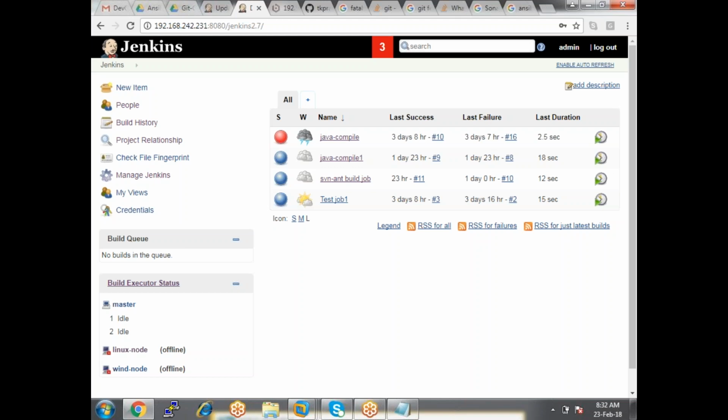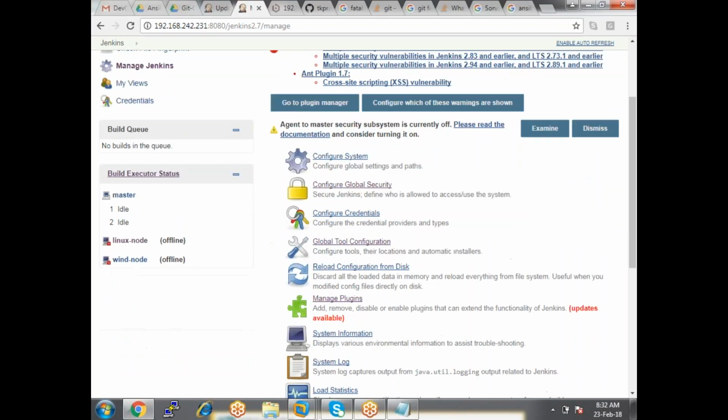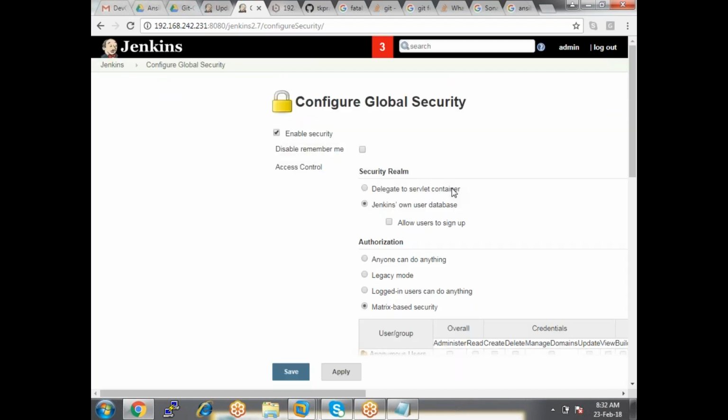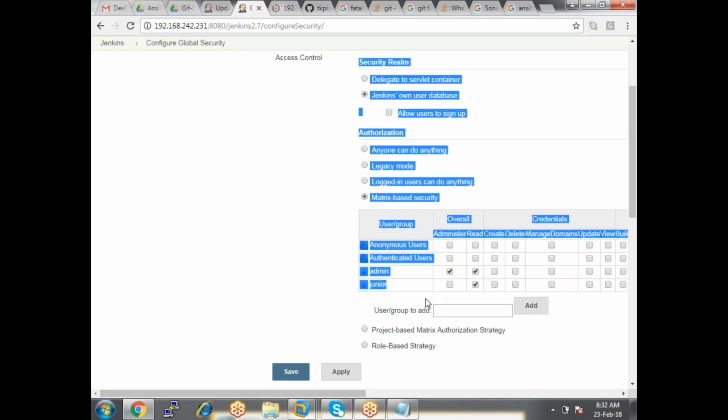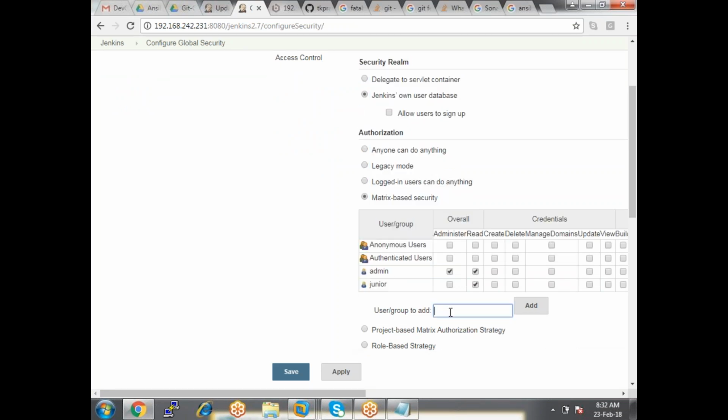Then do we add these users within your permission sets, within your permissions? For example, let's look at here. I have about 5 users like junior 1, 2, 3, 4, 5, and all these users need to have the same level of access.